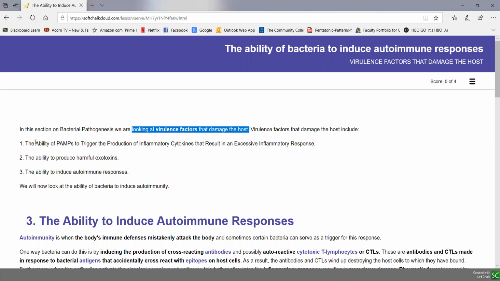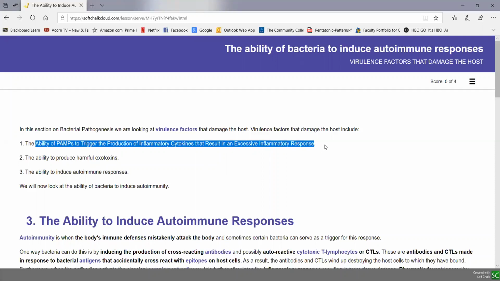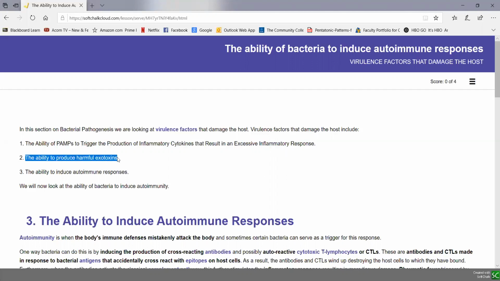Remember, we looked at how the ability of PAMPs at high amounts can trigger excessive production of cytokines, leading to an excessive inflammatory response, including SIRS, or systemic inflammatory response syndrome. We looked at how some bacteria can produce harmful exotoxins, type 1, type 2, and type 3 exotoxins. And the third way bacteria can cause harm is what we're dealing with in this SoftChalk lesson, the ability to